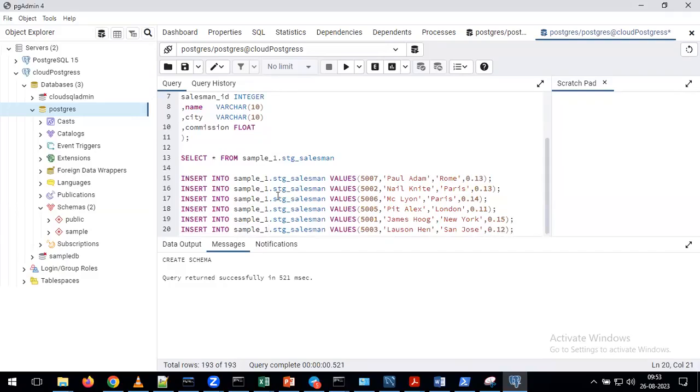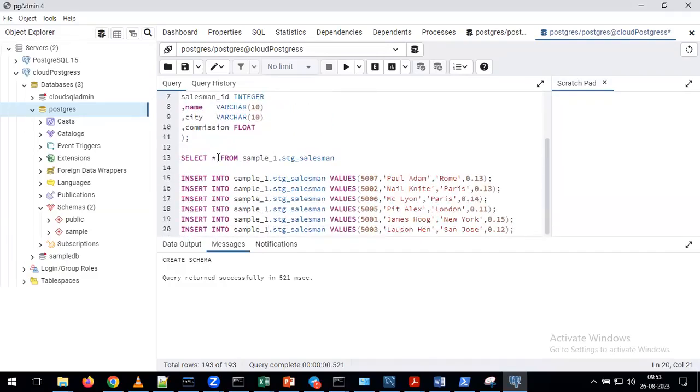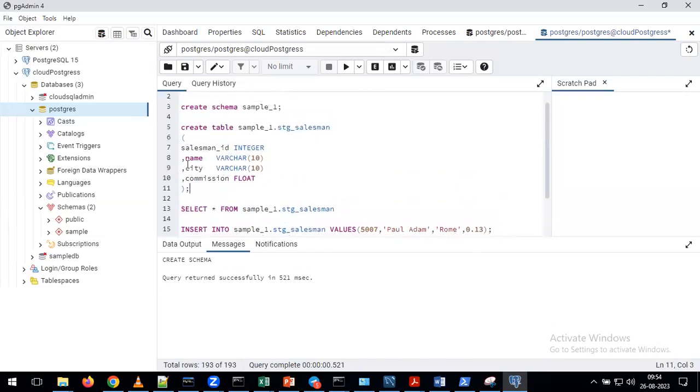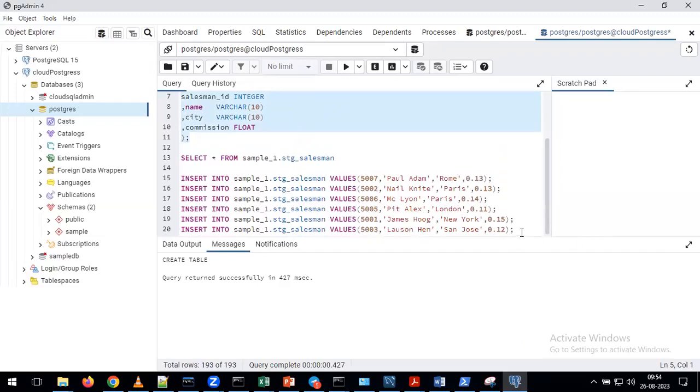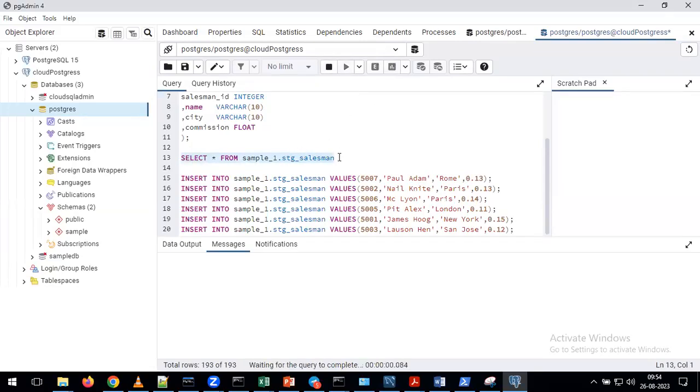Please run those queries from the pgAdmin window. After creating the table and inserting the data, just give select star from your table. You should be able to see the data here.